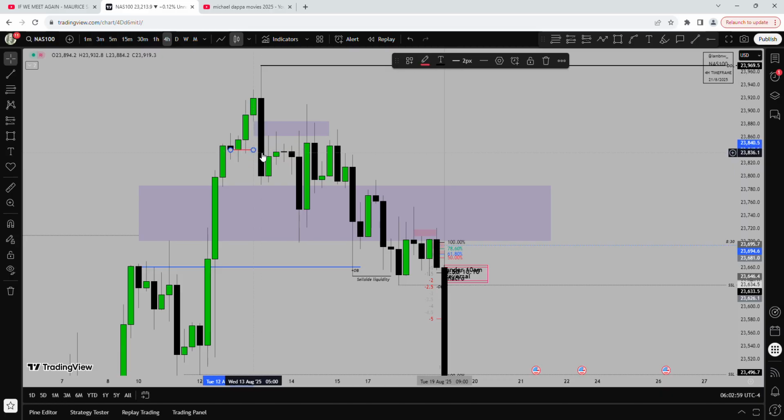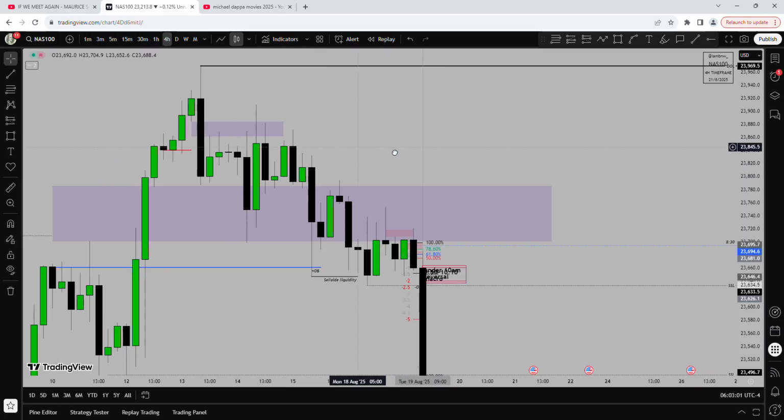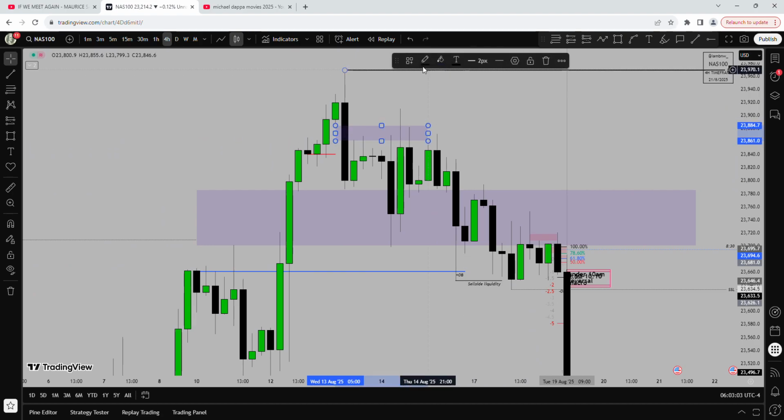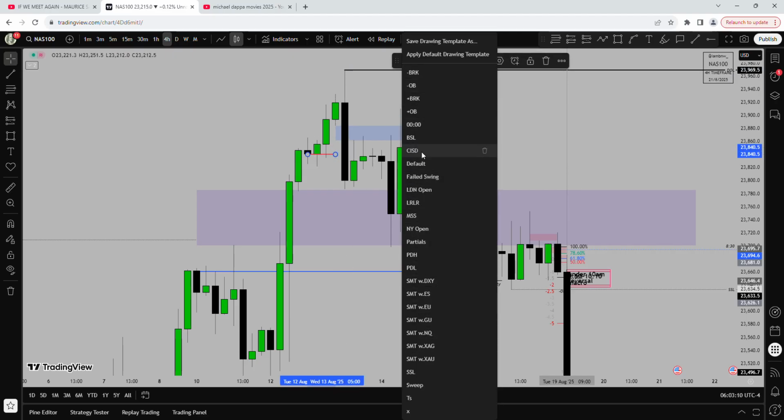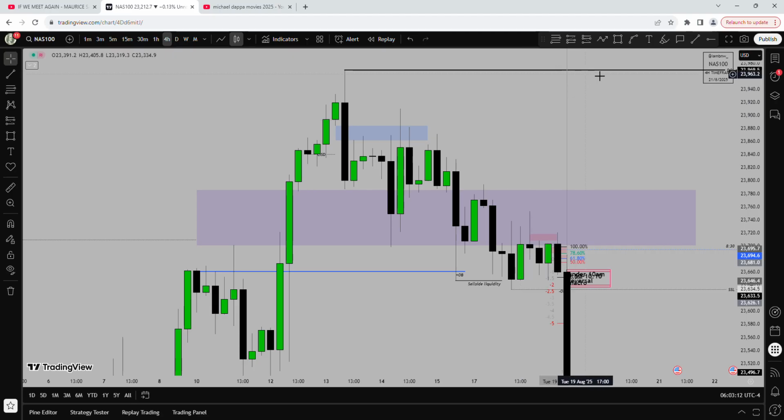First it was a CISD, which is a change in state of delivery. CISD is change in state of delivery, or you can say a market structure shift,